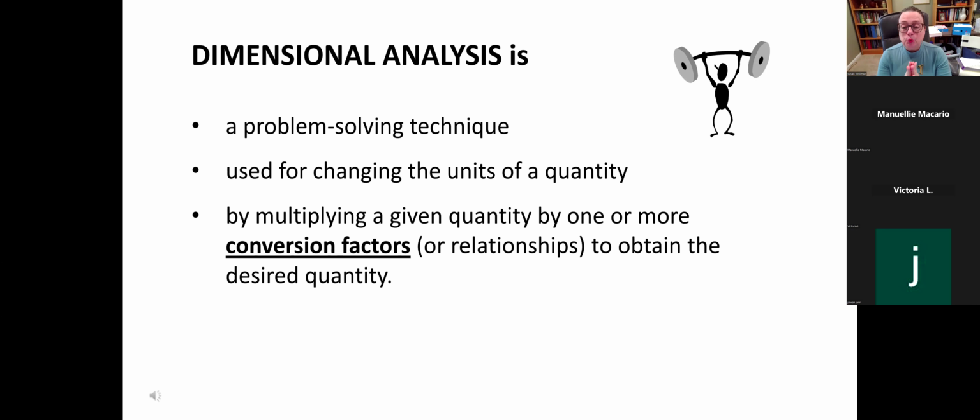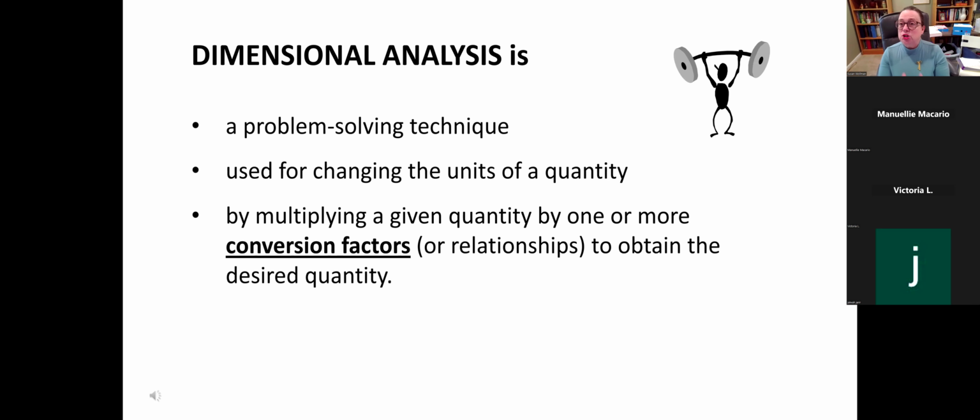So we'll talk about what the technique is. We'll talk about why it works, and then we're actually just going to do it. That's how we're going to learn. So have plenty of paper and pencil around. Have your calculator ready. We are going to work on this problem solving technique, and it's really designed to change